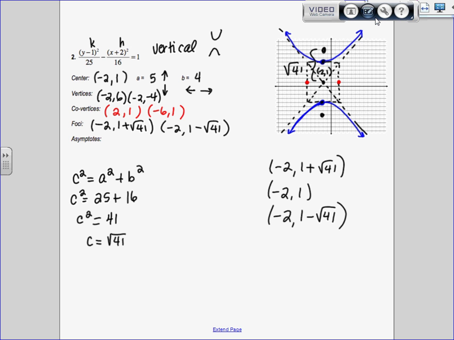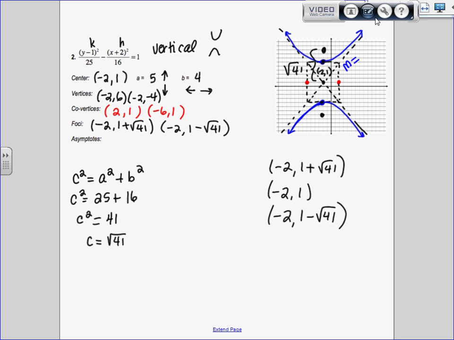All right, and then this time the asymptotes are a little bit harder too because we can't really tell where the y-intercept is. So I don't want you to write it in the form with the y-intercept. I don't want y equals mx plus b. I actually want the easier form, which is the point slope form. So that's very nice for me. So you'll see why. So what is the slope